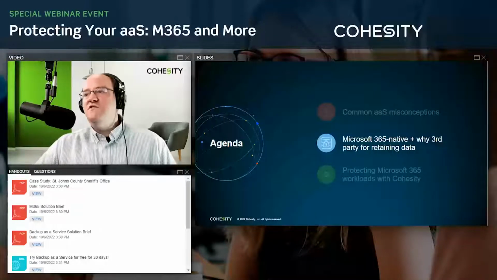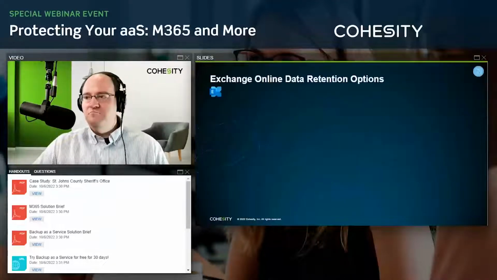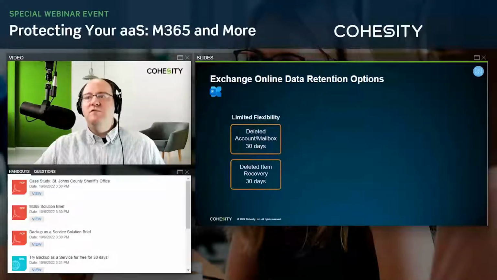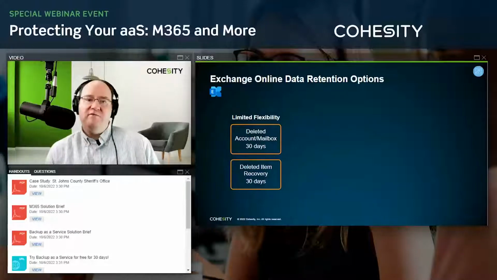So let's get into some of those native solutions that Microsoft 365 has and why some of the third parties are necessary for retaining data. Let's talk about Exchange Online data retention options. We can get into limited flexibility. For instance, a deleted account or mailbox is only retained for 30 days.